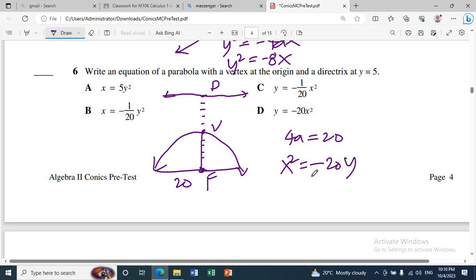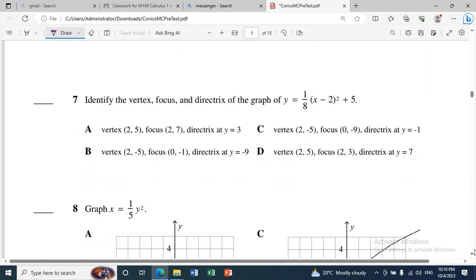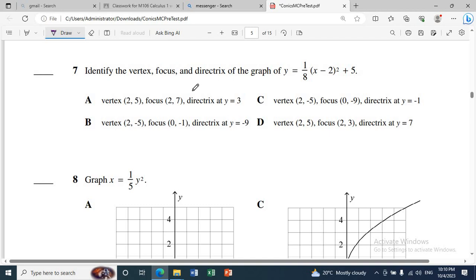And the closest thing to this is, yes, divide both sides by negative 20. You have an equation like this. So it's letter C. Okay, that's number 6. Number 7, identify the vertex focus directrix of the graph y is equal to